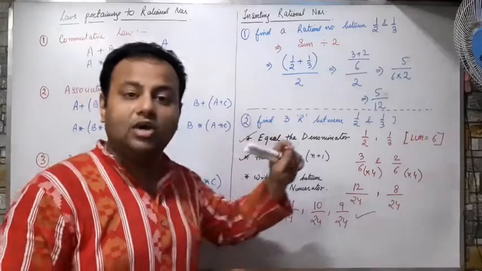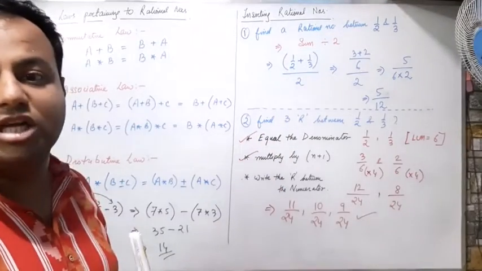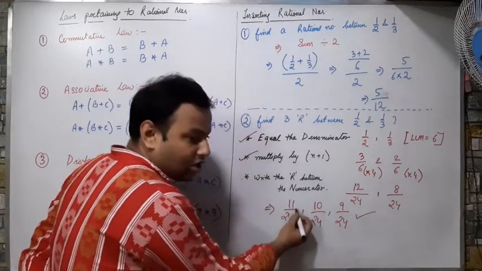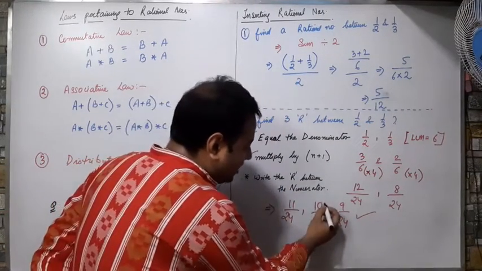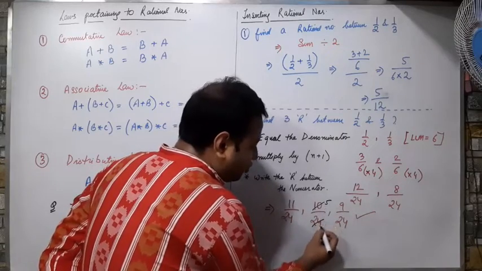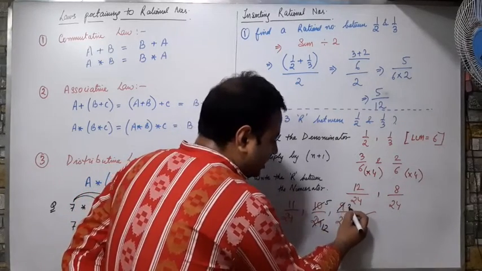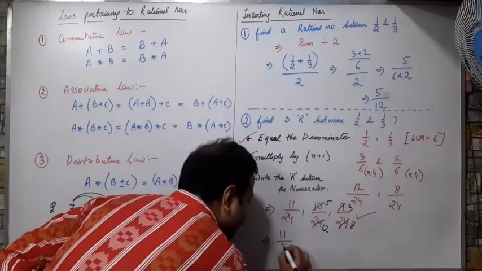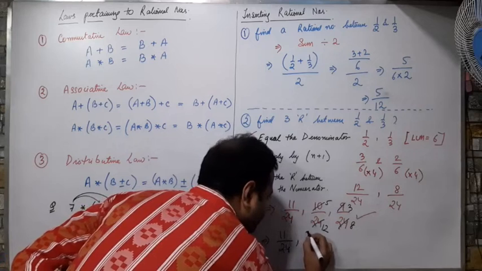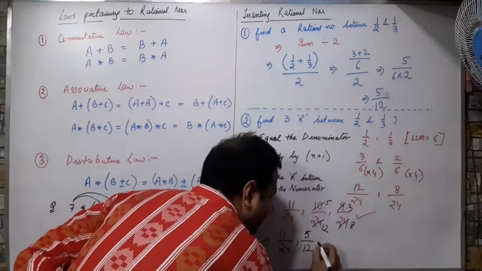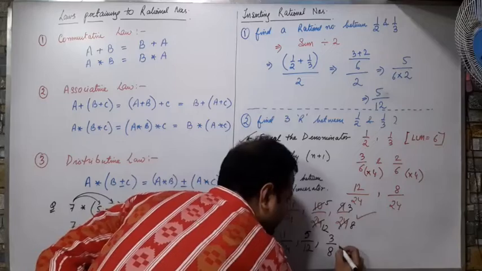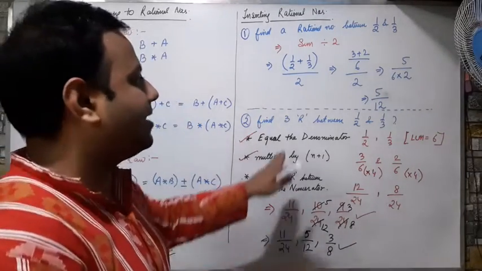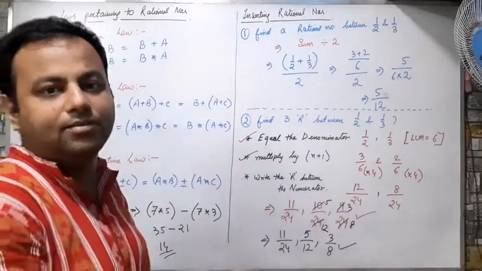Okay, but as I told in the beginning of the class, a perfect rational number must be in the simplest form. So you have to make it in simplest form. This is already in simplest form. It will not cancel anything. Here it will cancel by 2: 2 fives are 10, 2 twelves are 24. Here also 3 threes are 9, 3 eights are 24. So what is the final answer? The final answers are 11 by 24, comma 5 by 12 and comma 3 by 8. These are the final rational numbers that I am getting between 1 by 2 and 1 by 3.